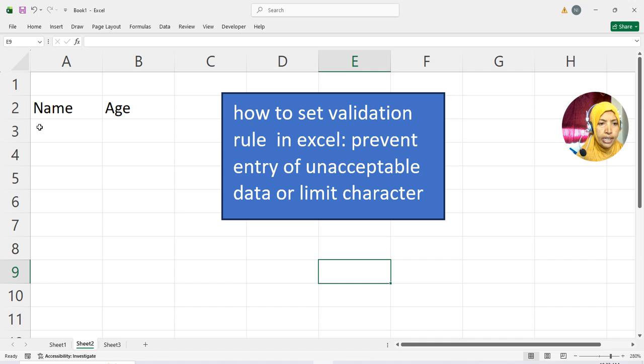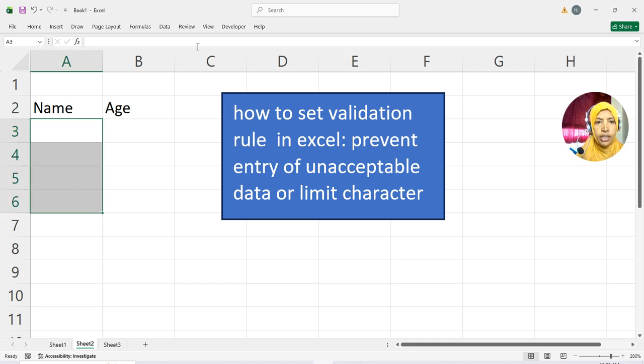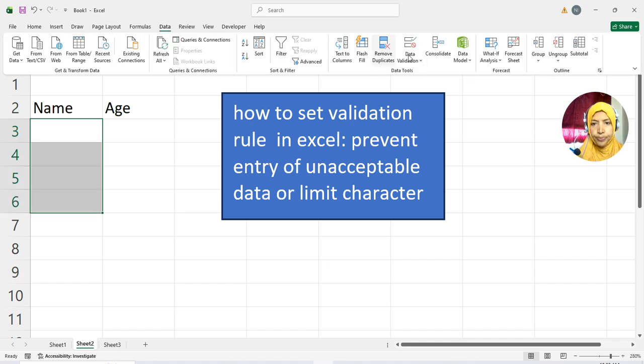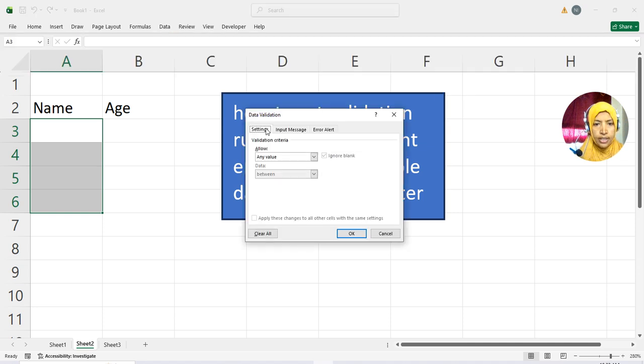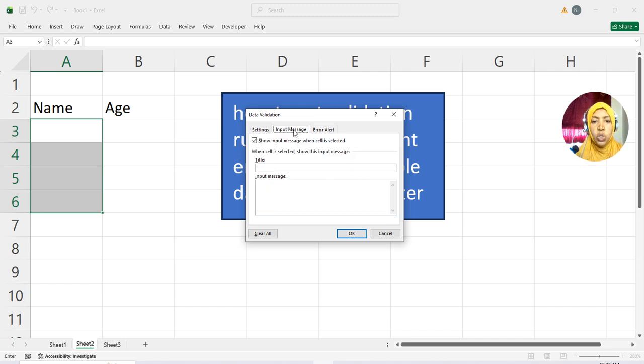First, I will select some cells and then click on data. Then go to data validation, then settings. On settings, select the type that you want to control. It is the length. Now I'm going to set the minimum length to 1 and maximum I'm going to set it to 10. Now you can also provide an information to the user that there is range, character,